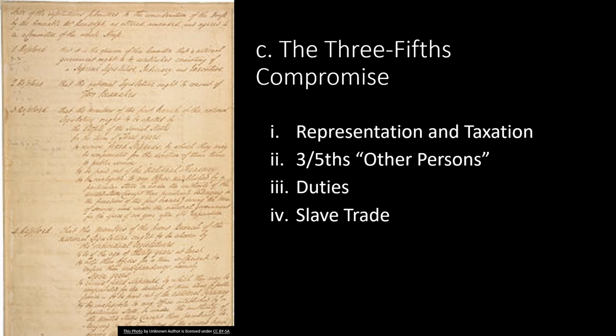In the end, the desire for compromise and a constitution to strengthen the national government led to the drafting of the so-called Three-Fifths Compromise. This compromise held that only 3/5 of slaves, called all other persons in the Constitution, would count towards a state's population when determining congressional representation, but not for taxation. Duties would be determined by a simple majority vote in Congress, but export duties that were thought to hurt the South were forbidden. Congress would make no more laws regarding the slave trade for 20 years. That's the international slave trade.